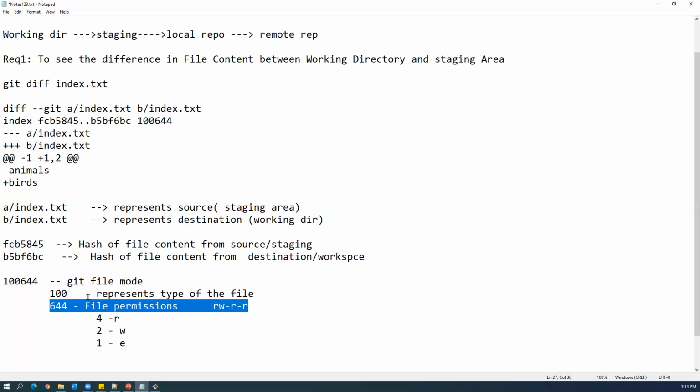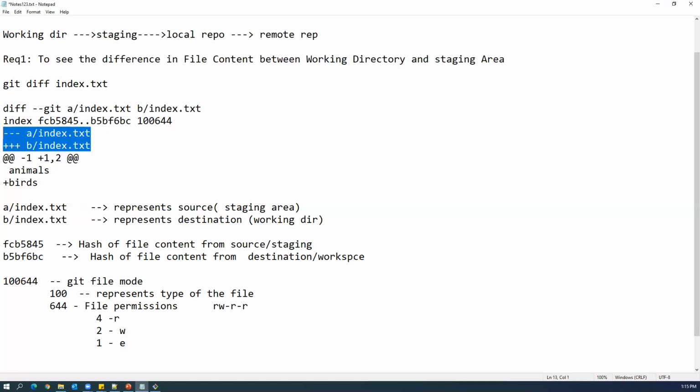The same thing is applicable for Git also. So that is the meaning of this one. So, Git file mode. Now let us understand these two things. What is a/index.txt +++ b/index.txt? So this particular part